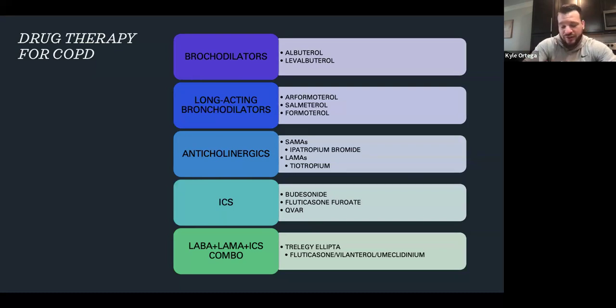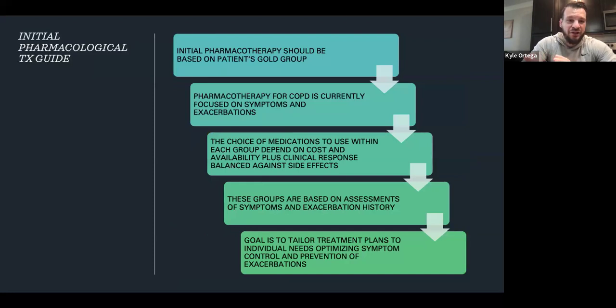Now, how we get to which ones are prescribed, which ones we start with, that's what we're going to really, really dive into. So initially, this is our treatment guide. It's going to be based on the patient's GOLD group. It's currently focused on symptoms and exacerbations. Like I said, going back to dyspnea and exacerbations, pretty much what we're looking at and how to assess and